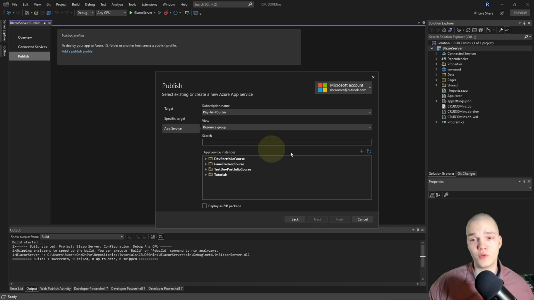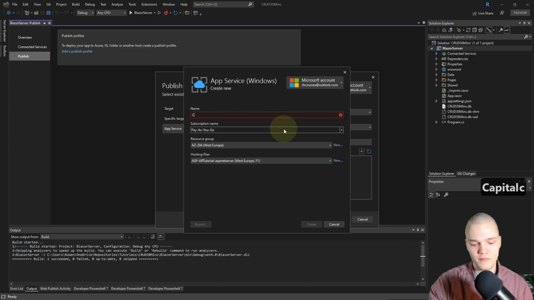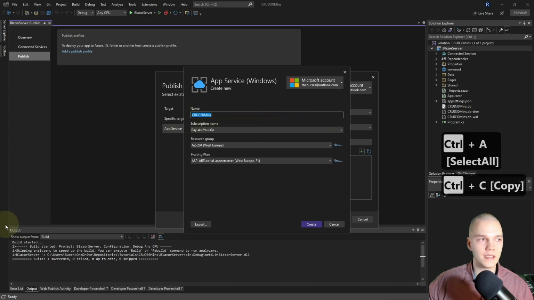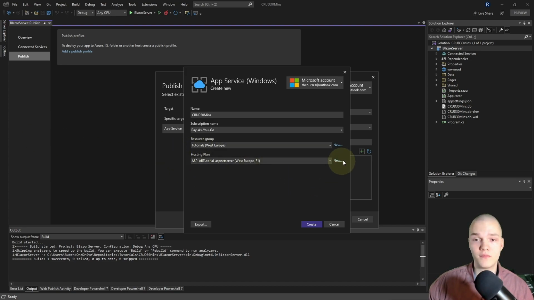I want to create a new app service, so I'll hit the little green plus button, and I'm gonna change the name to the solution name, so CRUD 30 mins. I'm just gonna copy that to my clipboard, and I'm gonna select my tutorials resource group, and I'm gonna create a new hosting plan for this.